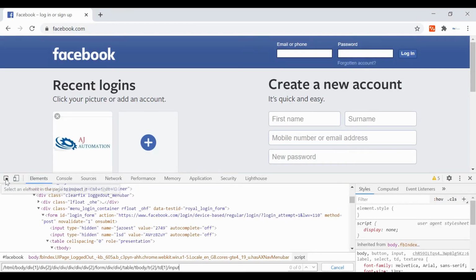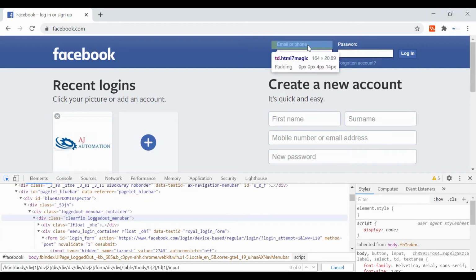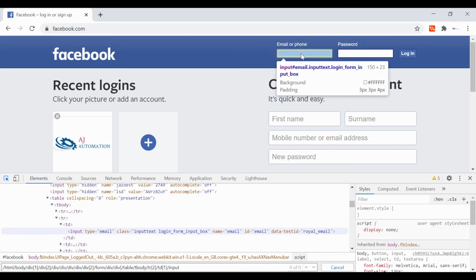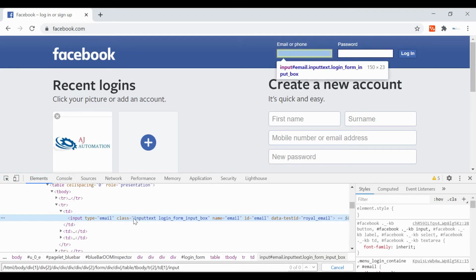You can inspect this again, anyone. For the same field we are going to use this input tag. All these in the blue line are the attributes associated with this text field. There are multiple attributes available.